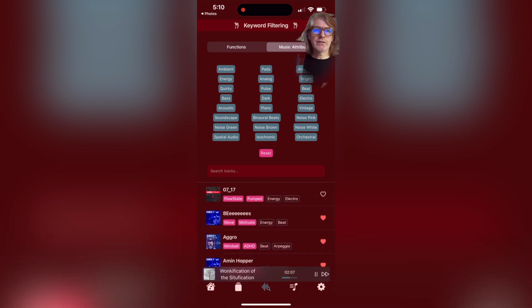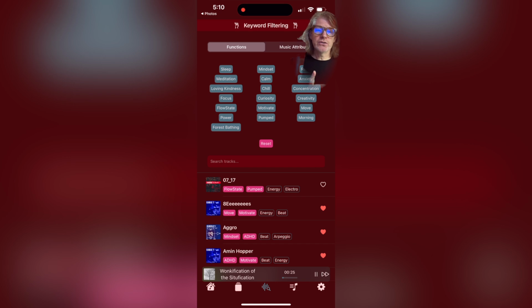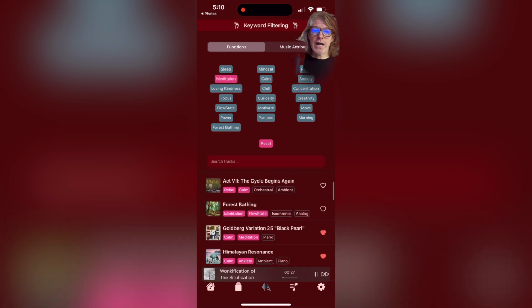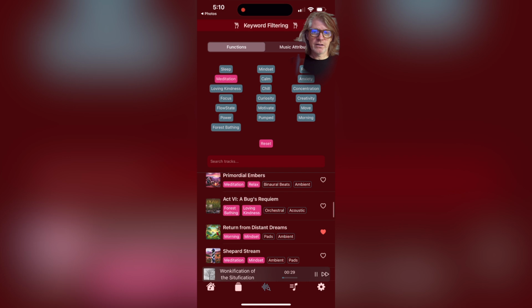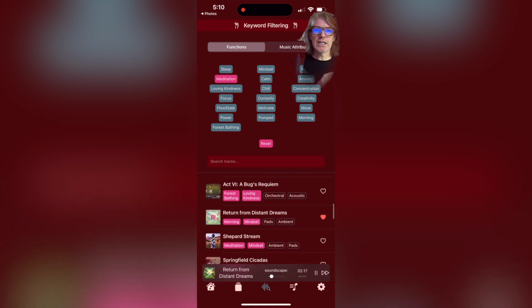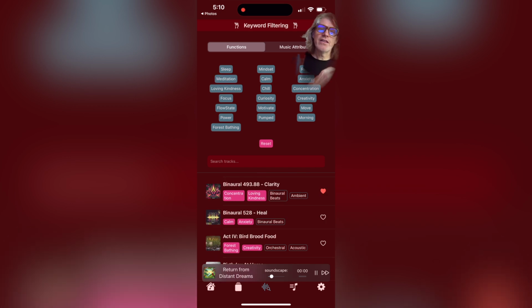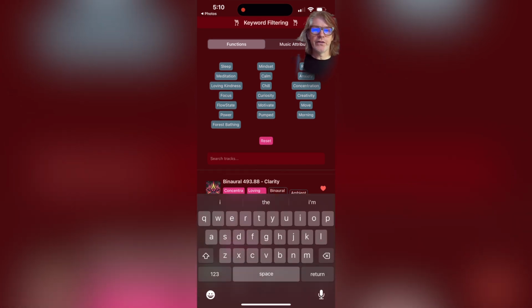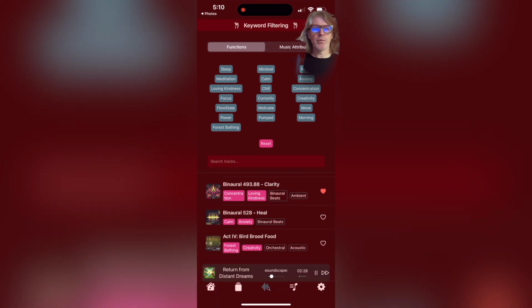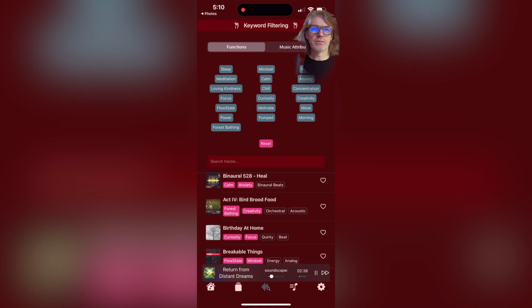And you can select different keywords, and as you do so, all the tracks in the library are listed in a long list below, and as you select the keywords, it dynamically filters them out to just the tracks that match the keywords you've selected. And there's also a text field there where you can type in any variable you want, and that'll pop up as well. And then a reset button. This is a fun way to explore the whole catalog, and I think will be useful.